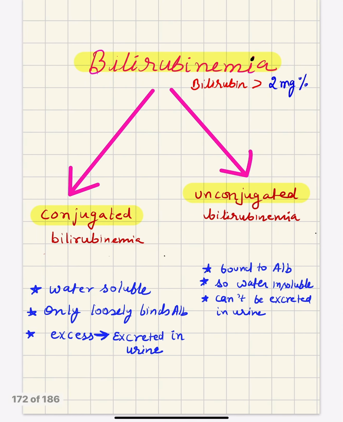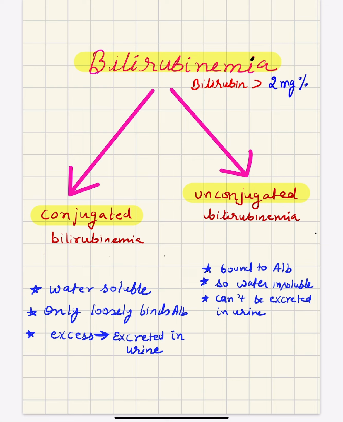But what happens in jaundice? In jaundice, there are certain causes. There may be increased RBC lysis. The RBC lysis may be overwhelming for the liver to conjugate. That can be the reason. Then there can be various hepatocellular conditions where there is damage to the liver, and because of that, the liver is not able to conjugate the bilirubin. Again, that will cause increased bilirubin.